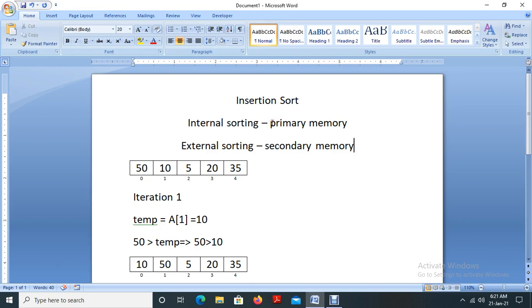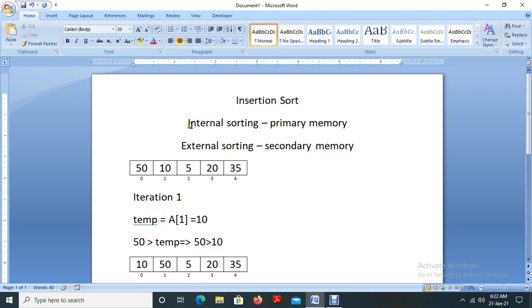If the number of elements in the sorting is very small, then we will do that sorting in the internal memory. Such a sorting method is said to be internal sorting. Another difference is that the primary memory is faster than secondary memory, so sorting in internal memory is faster than external sorting. We all know that sorting means we compare the values and then interchange them if needed. At that time we need time and also space, so it is space dependent.